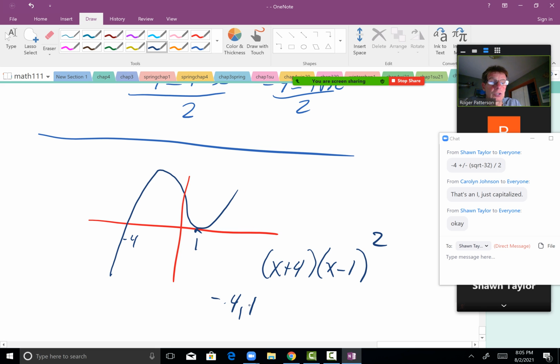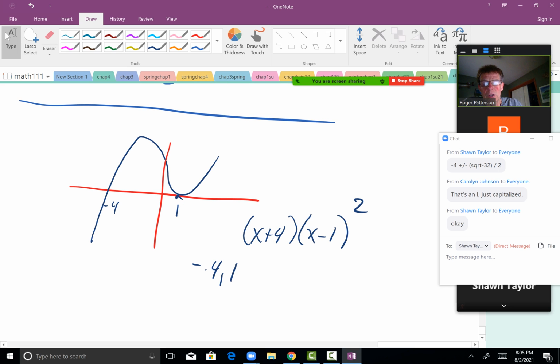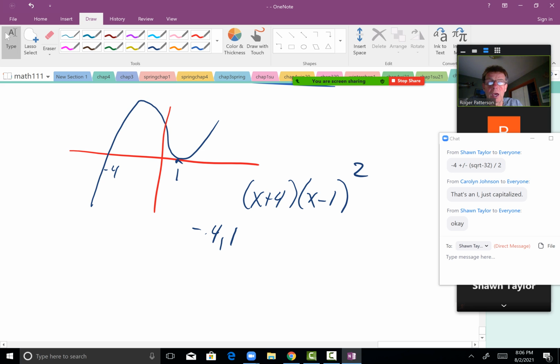I only got 2 of them, but that's okay, because you told me in the beginning, hey, I could have 1, 2, or 3 x-intercepts. So that's okay. You might run into something like that. And by the way, you can pick -4, well, you wouldn't need to in that case, but if you have a 4th degree,